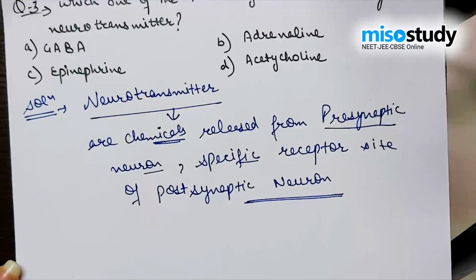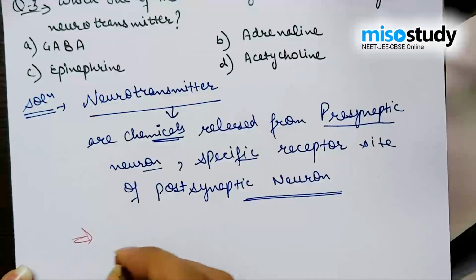Here are the broad categories of neurotransmitters,